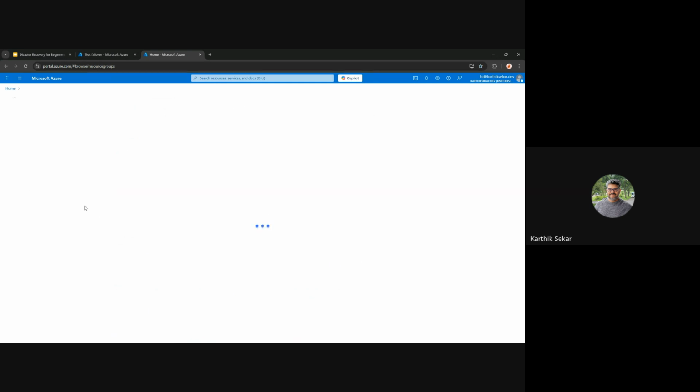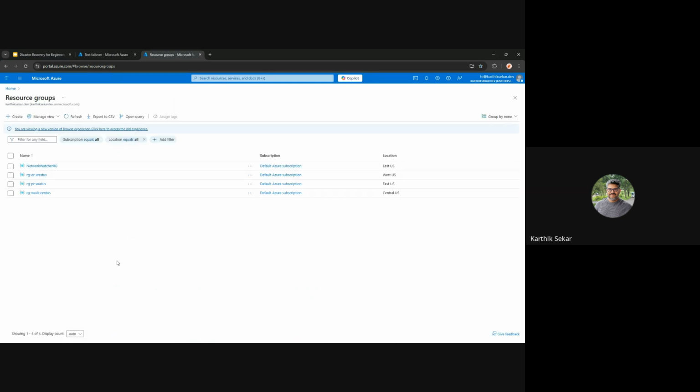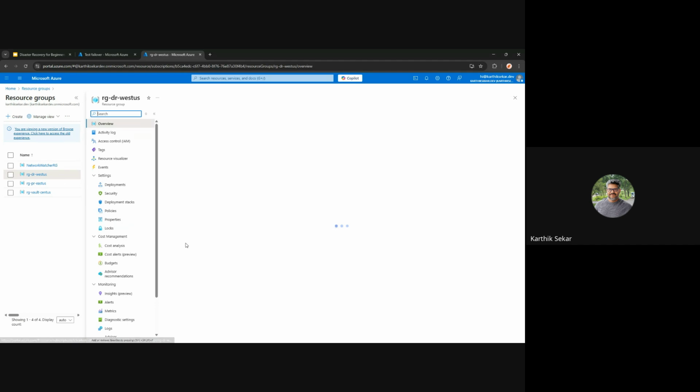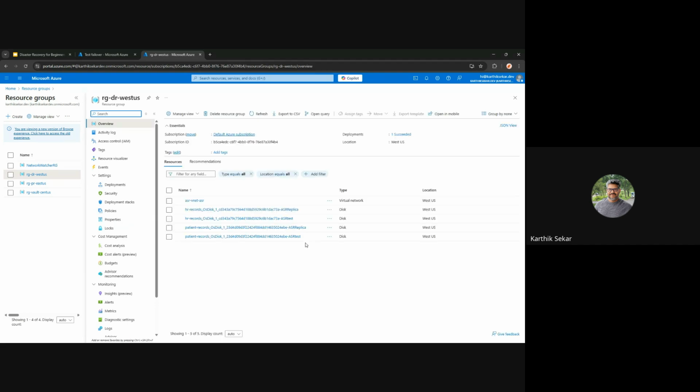As we defined, the recovery should be created in the DR West US, which is located in West US. So let me open that resource group. It started creating, as you can see here.